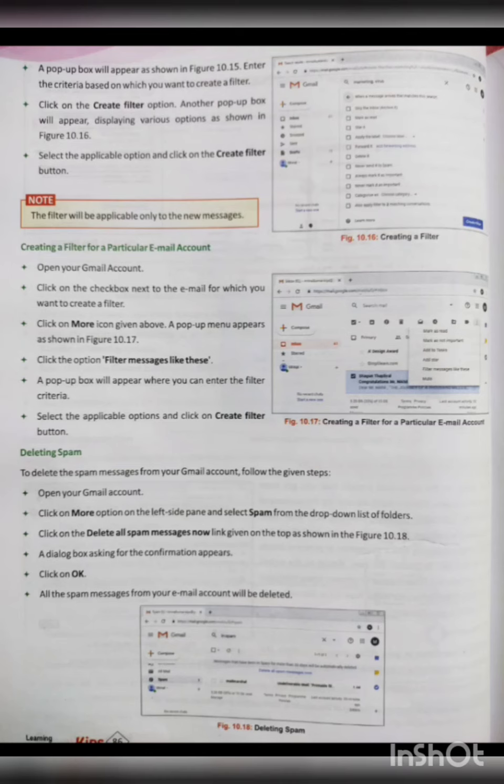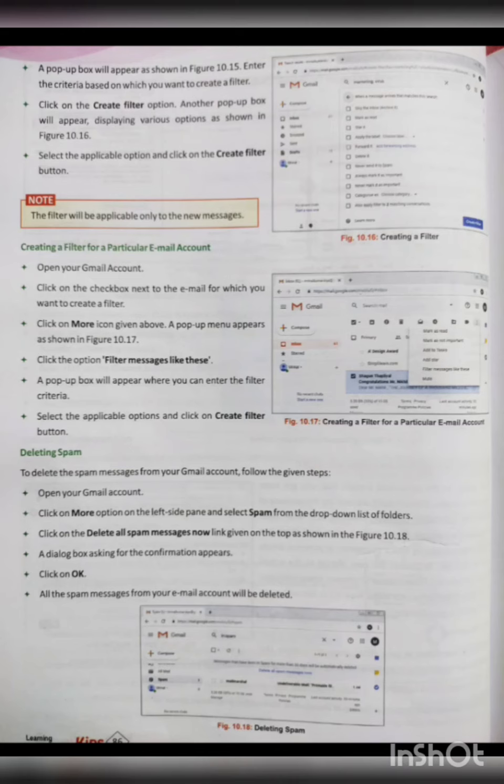Next, how can we create a filter for a particular email account? For doing that, we have to open our Gmail account. Then we have to click on the checkbox next to the email for which we want to create a filter. Then we have to click on the more icon given above. A pop-up menu appears as shown in figure 10.17, as shown in the middle picture.